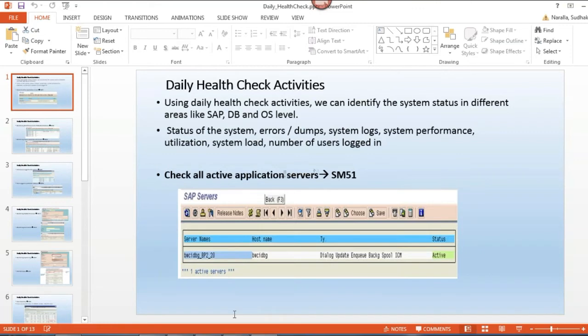Okay. If my dialog instance is shut down, will my production system run or not? Yeah, it will run. If my central instance is shut down, will my production system run or not? Not. Okay, good.